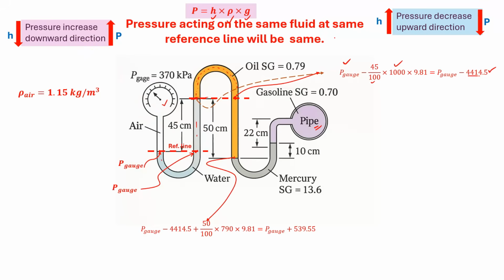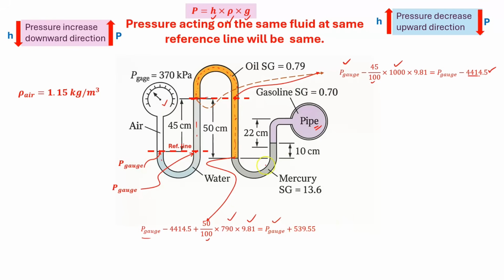We know the pressure here is P gauge minus 4414.5. Because of this liquid height, as we are moving downward, the pressure will increase, so plus 50 by 100, and the density of the oil is 790, times 9.81. If we do the calculation, that will be P gauge plus